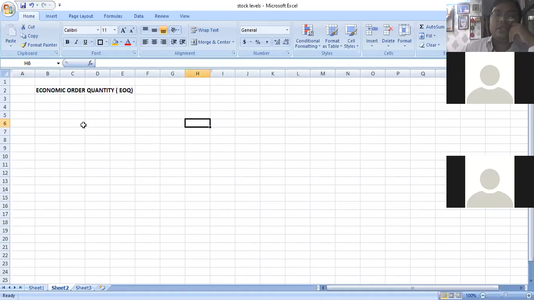What is the ordering cost? Economic order quantity क्या होता है देखो students? जब भी हम purchase करते हैं, whenever we go for purchasing, now in this case, we're not sure or confident enough how much to be purchased, and how much to be purchased in the next year or in the next future.